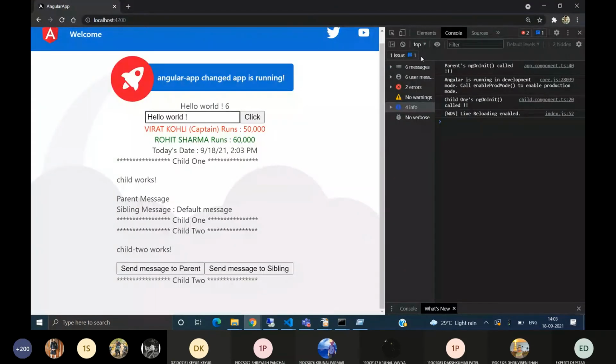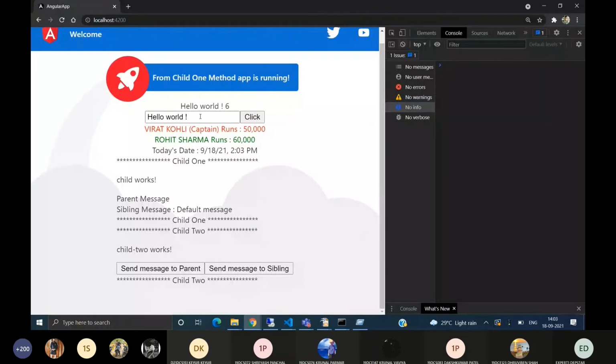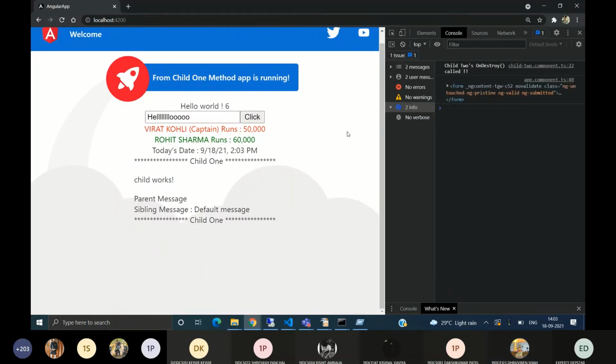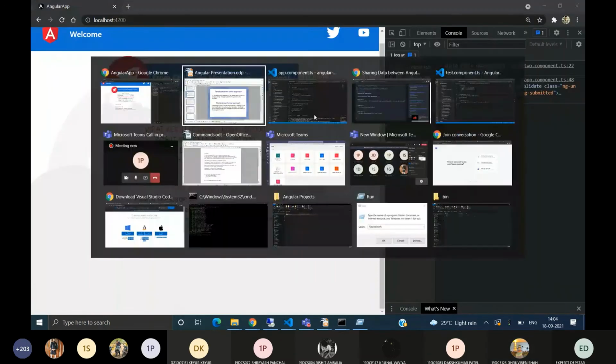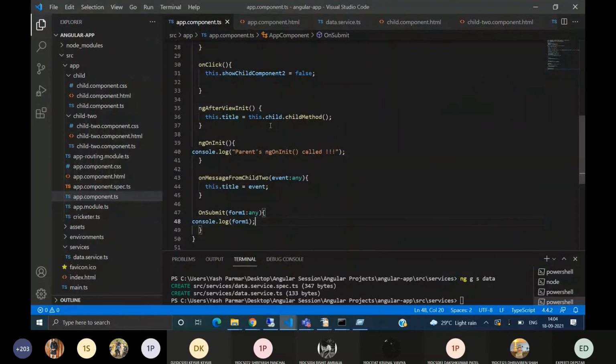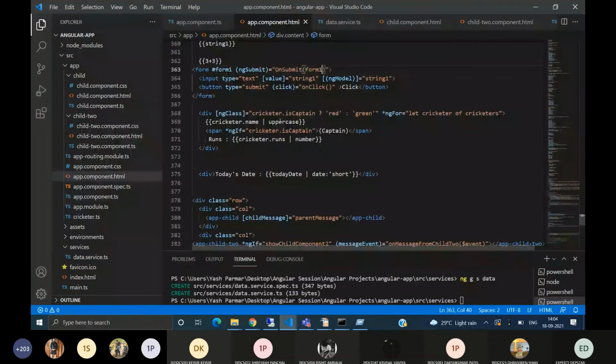So now I will click here, and what happened is on this button click, okay, I have to remove this.